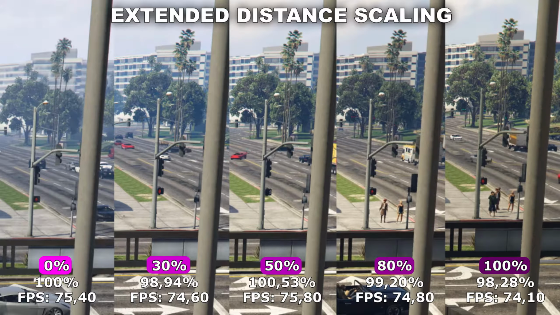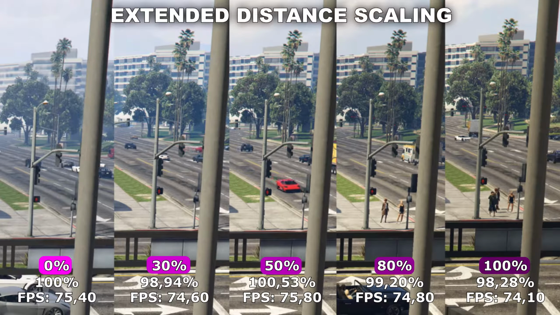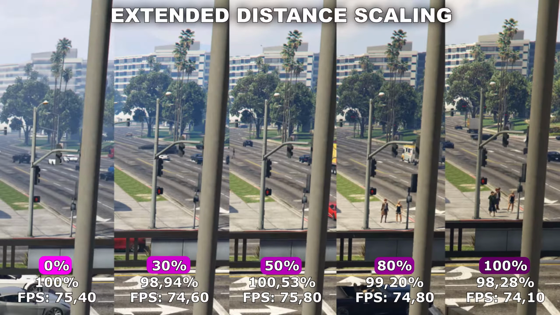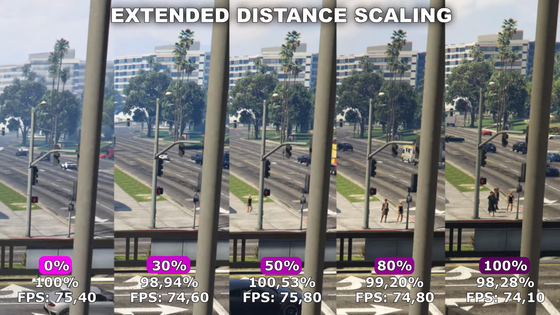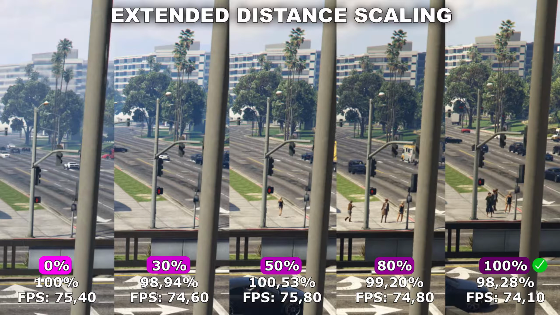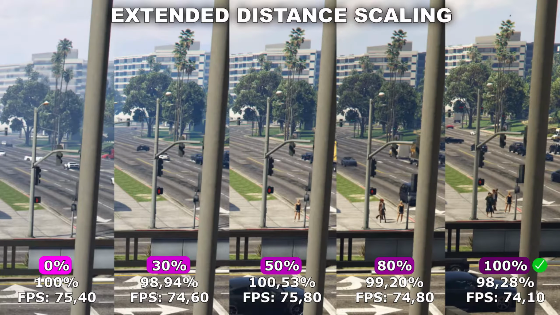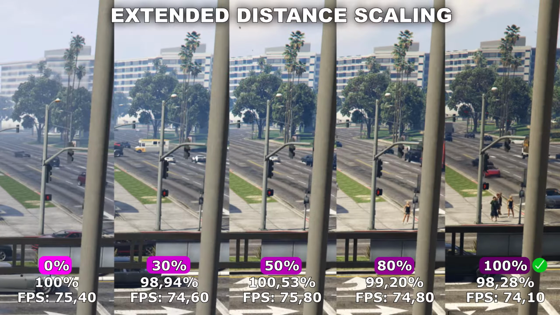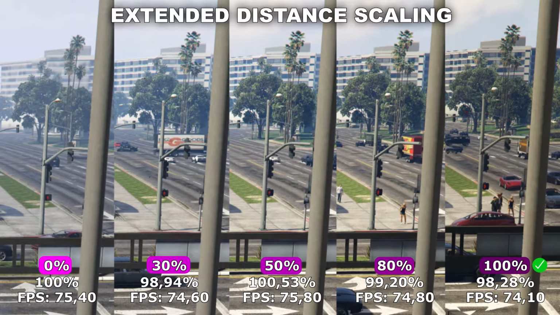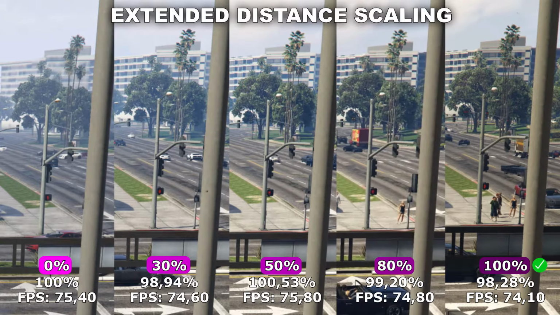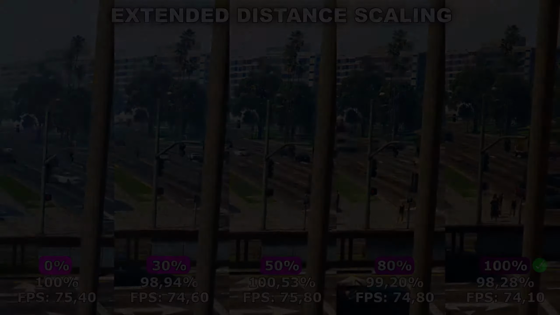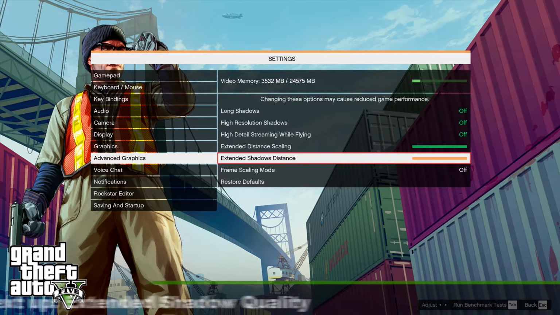Last time I tested this, I did test it while flying, where I found an up to 6% performance difference between 0% and 100%. And even at that 6% performance difference, I will still say that it's worth going for the 100%, because this can make a big difference in the quality while you're playing this game, both while you're just running around in the city where you'll be able to see some extra details, but especially while you're driving really fast or flying around, where you'll be able to remove a lot of those annoying pop-ins.